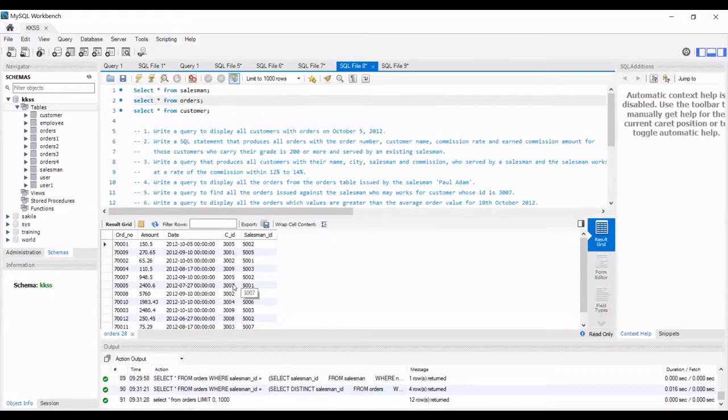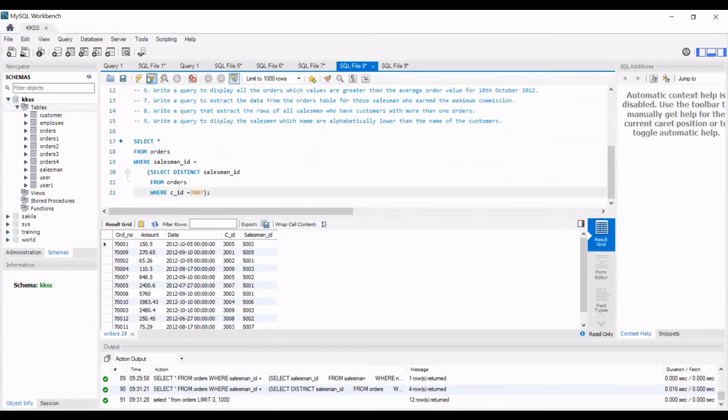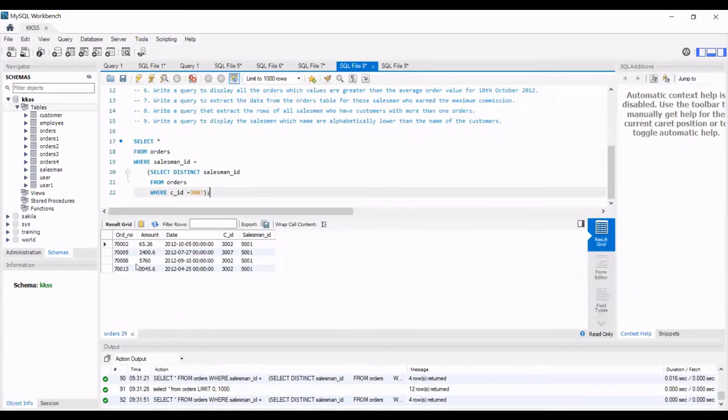The 3007 record is this, and the salesman ID is 5001, and for 5001 we have three orders: 7002, 7005, 7008. We have 7013 at the bottom as well. This way we use a subquery with a single table itself.